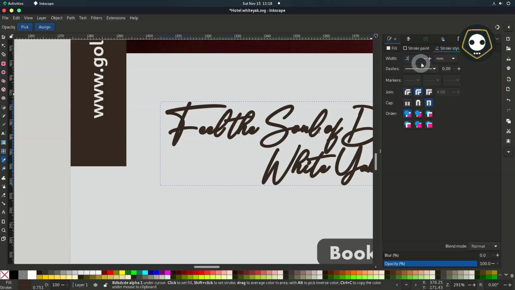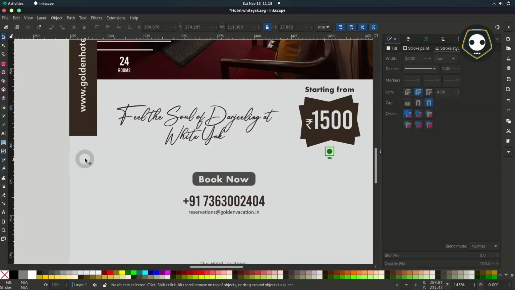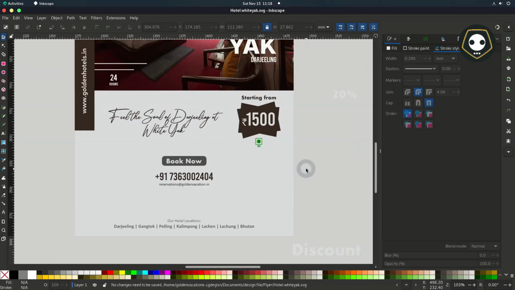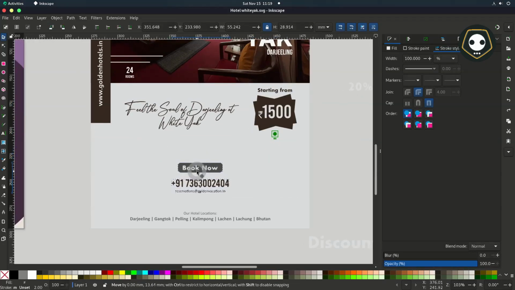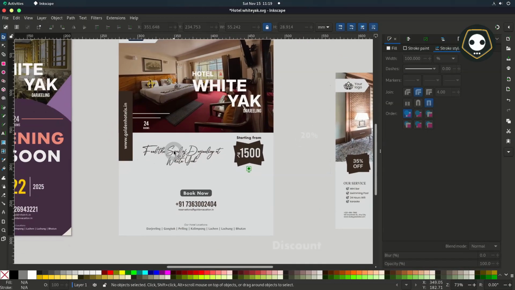What color you have to choose for setting, according to color theory, the chocolate color. So you can see on my left hand side the purple color.